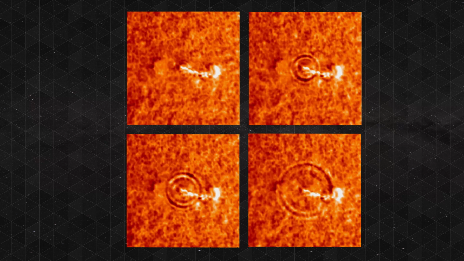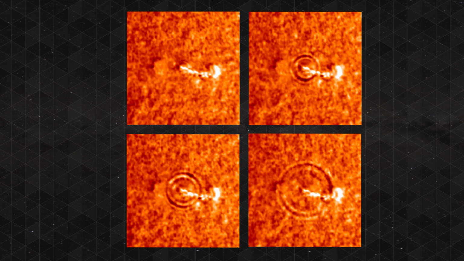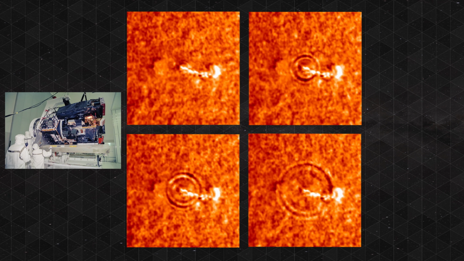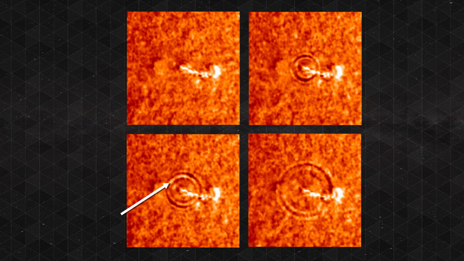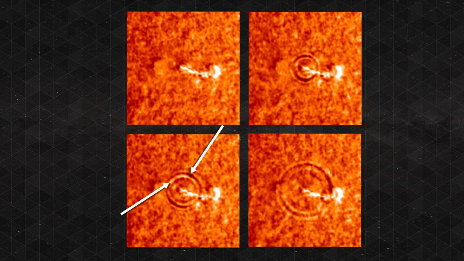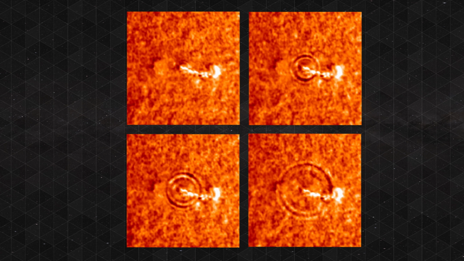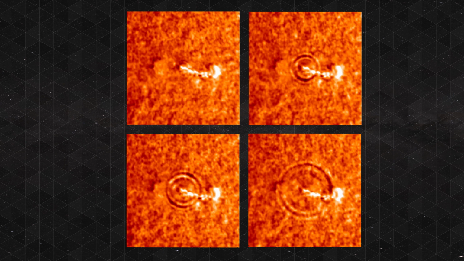Here it is, a series of Doppler images taken with the Michelson Doppler imager, an instrument aboard the SOHO satellite. In this series of images, SOHO sampled the surface of the Sun while a flare was erupting. White pixels indicate motion towards the satellite, while dark pixels reflect motions away from it. What we are witnessing is a group of symmetrically expanding rings as the flare moves towards the detector.